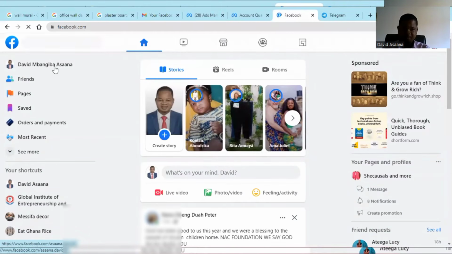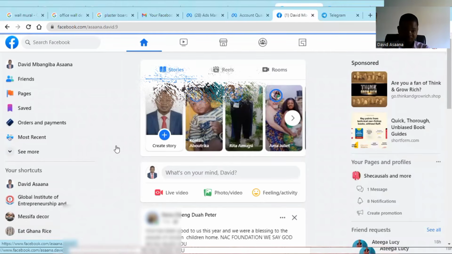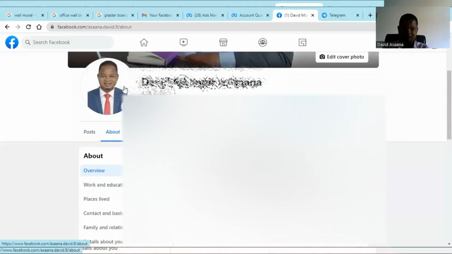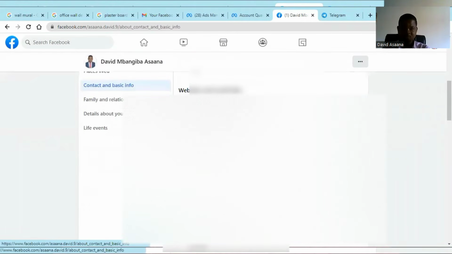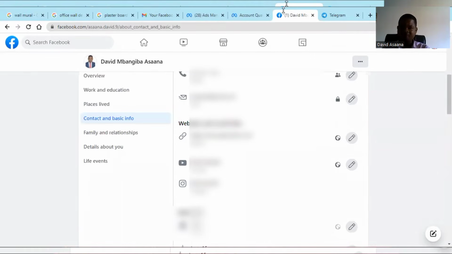For the birth date, you click on your name on the top left hand corner. Then from there, you can see the about section. From the about section, you can see contact and basic info. You check and see the details: the birthday, the day, the month, and the year, and the basic info, the gender. You check all those things. Then after you are done with all that,